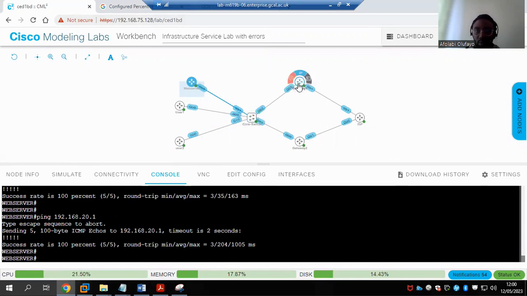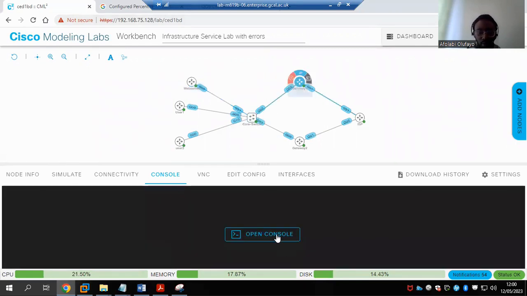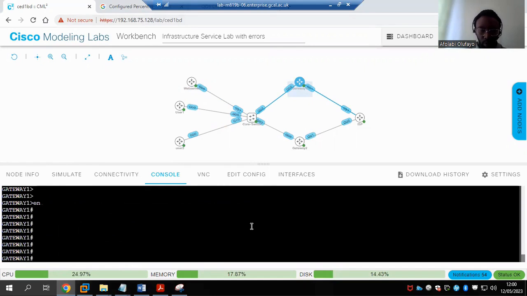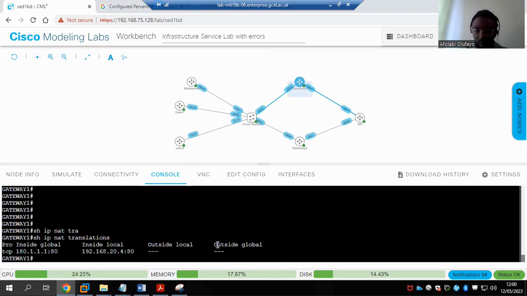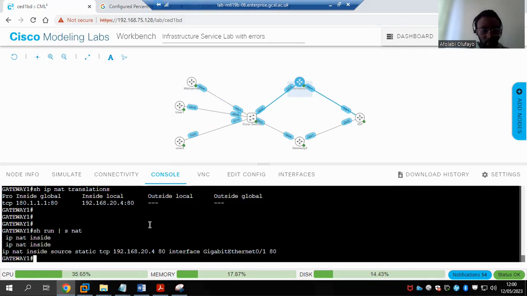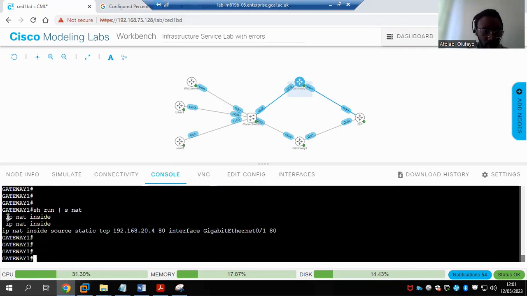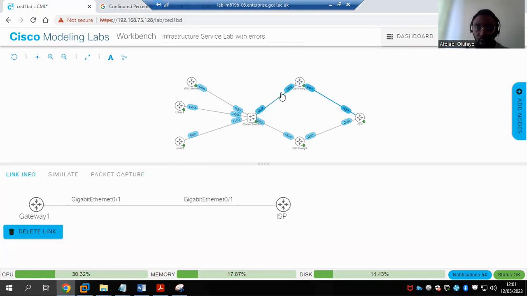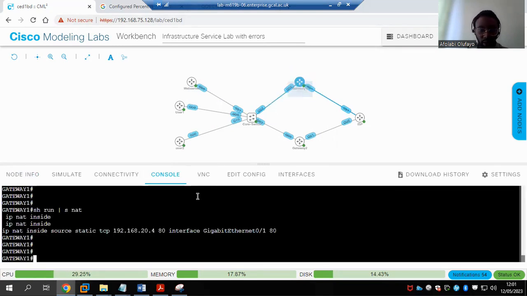So I'll come over to the gateways because nothing is being performed on the 2 gateways. I'm going to check show IP NAT translation, so I can see translation is not properly done. And I'll check my NAT settings if it's well done. So I can see IP NAT inside. The external interface should be outside, the inbound should be inside.